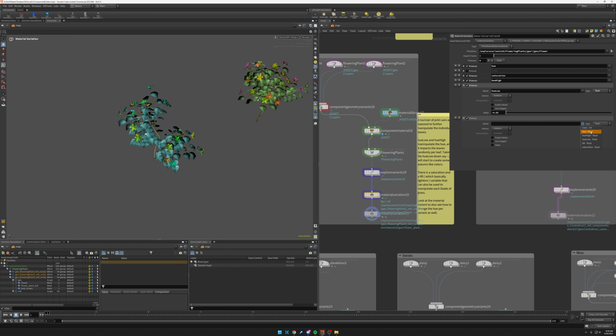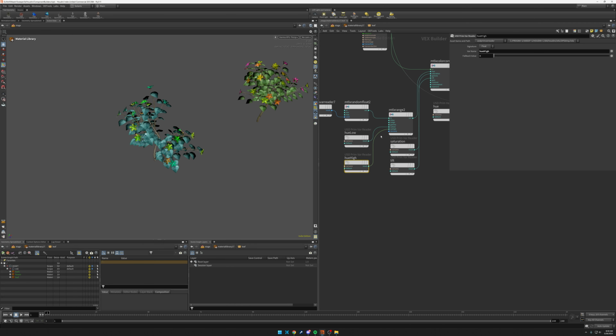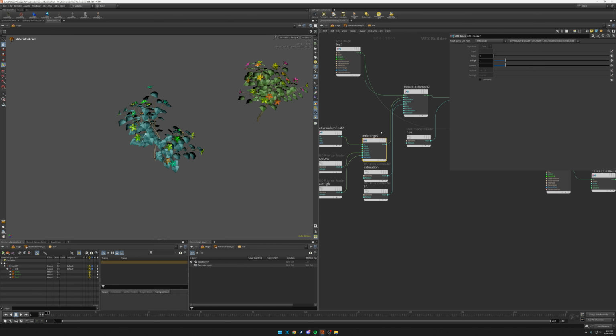those Prim Vars showing up in this pull down. And that's how you access it, okay? But let me continue down the path with the material library. So then you use that. I'm piping that into a range because I just want to control the value of the out low and out high of this material range,